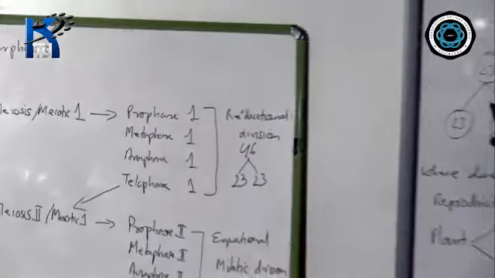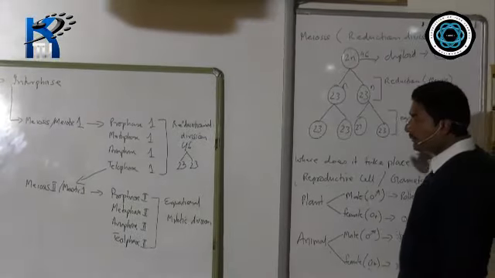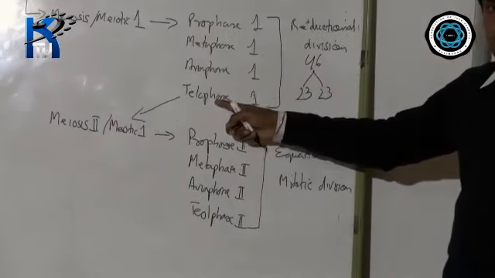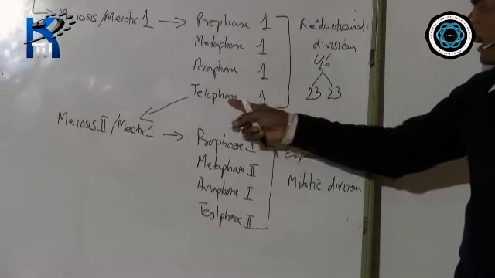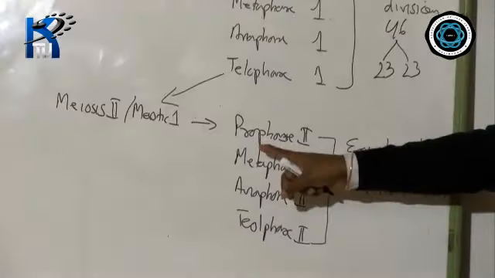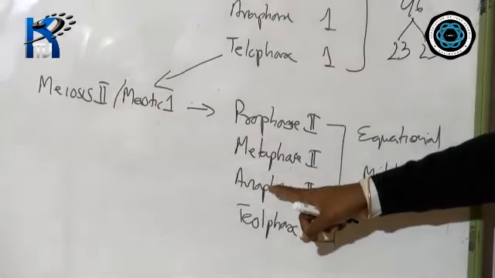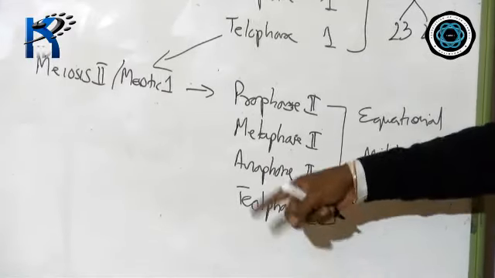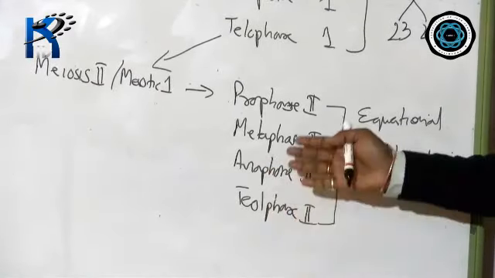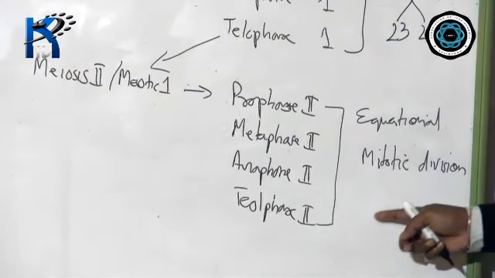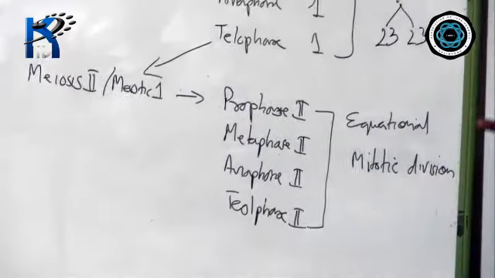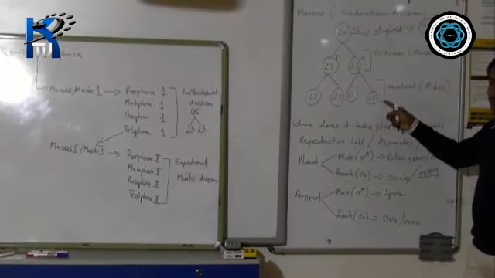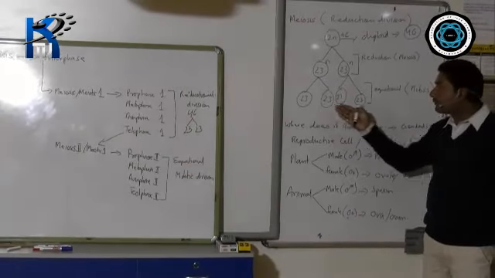Then in the second part of the meiotic division, again the chromatin that had lengthened and become thin becomes thick. Again, they line up at the equator. Again, they go back. Again, they lengthen, and the chromosomes form, forming again 4 cells. Each cell formed from the meiotic division will be different from one another. All these 4 cells will be different from one another.